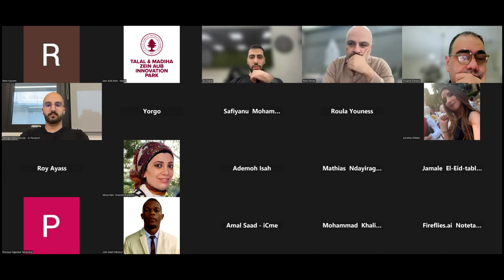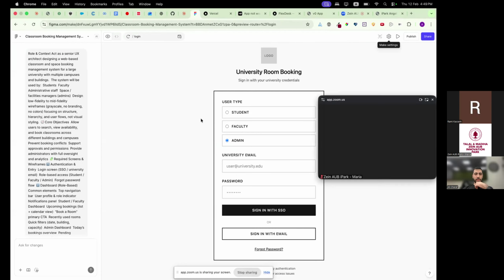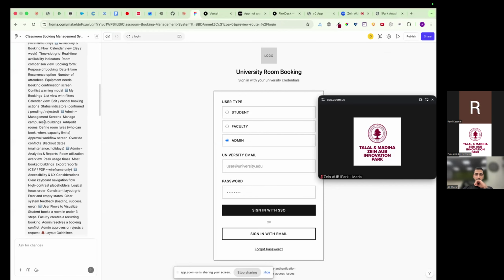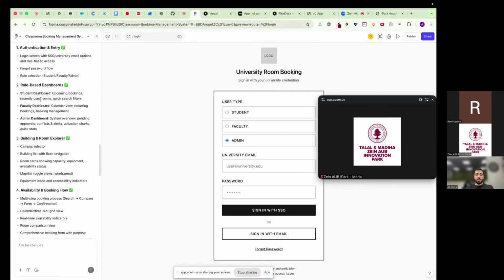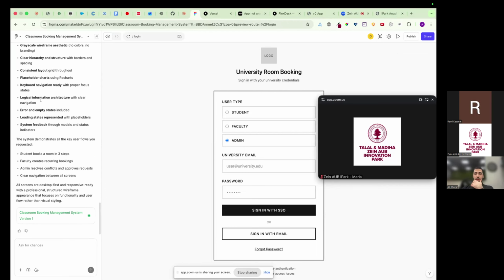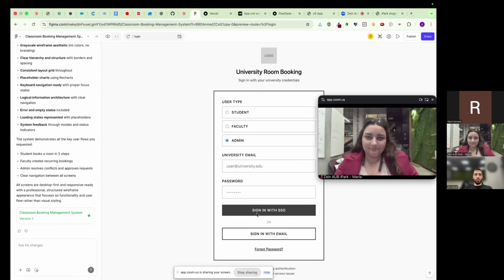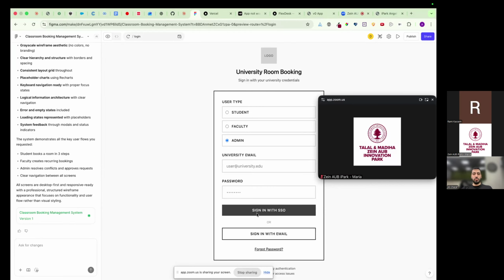Share entire screen. I gave Figma AI an already existing prompt. I sent ChatGPT, I told him that I want a system for university to manage room bookings, and it gave me this prompt. All I did was copy, paste, and it did the whole work. So now we're going to go over what Figma AI did, and this was done with zero technical knowledge, zero technical background, nothing. All I did was I just gave it a prompt. This is what I want. Give me a prompt so I can put it in Figma, and this is what it did.